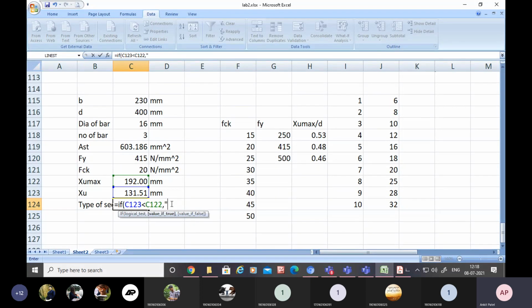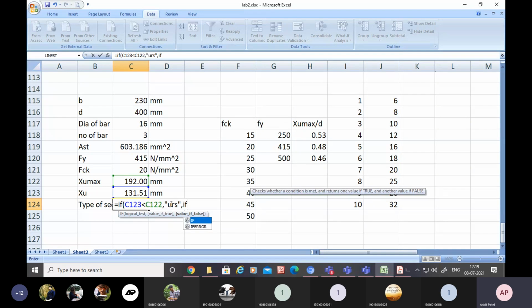We have to use under reinforced section. This is less than this, then our section is under reinforced section. Again double inverted comma we have to insert because we want to display a text. Again comma, if value is false, if this one is false, then what we have to do?